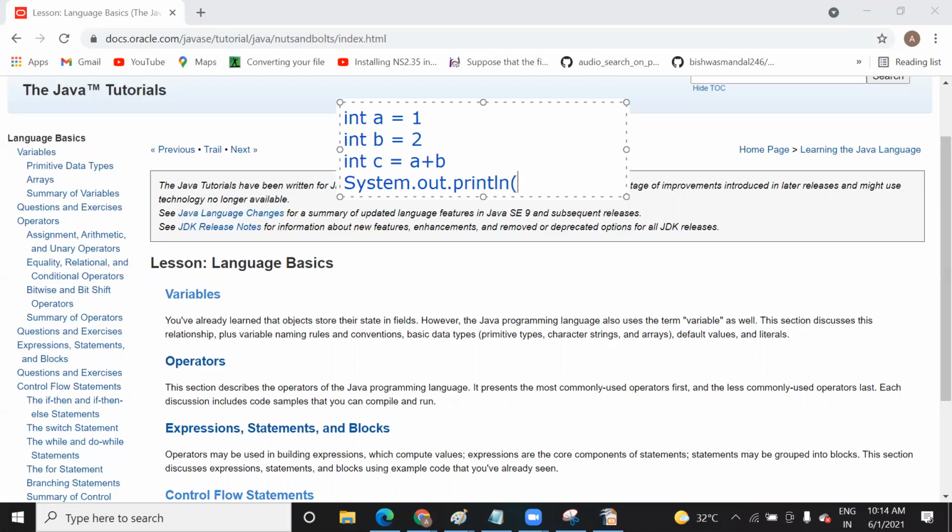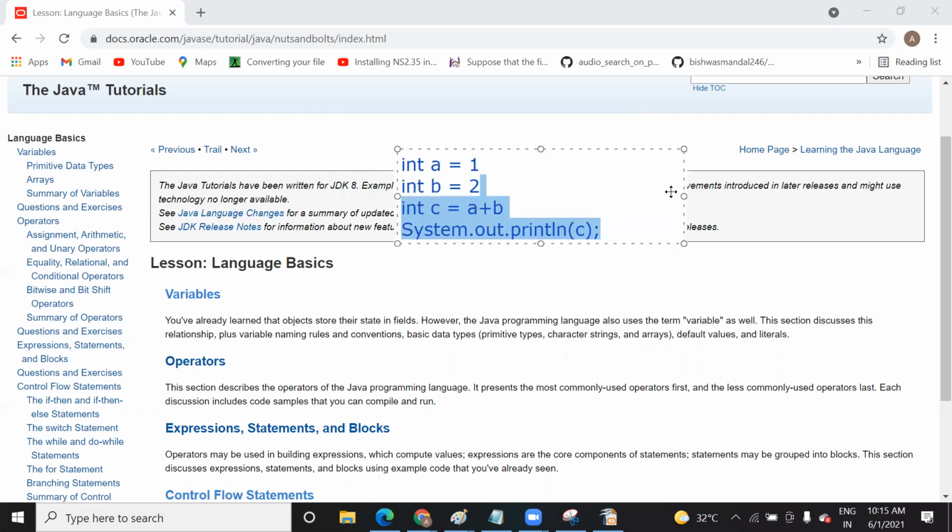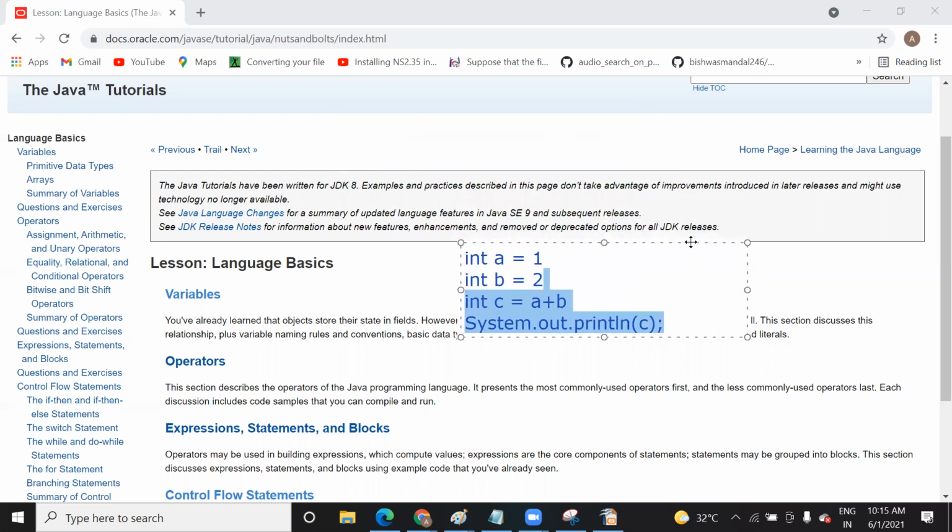They hold a value. Just like here, a is holding 1, and what type of data is it holding? You can see integer, int. Similarly, b is holding one data, 2, which is an integer again. And then the sum of a and b is held by another variable called c. So a variable is nothing but a container. They are just used to hold a value.